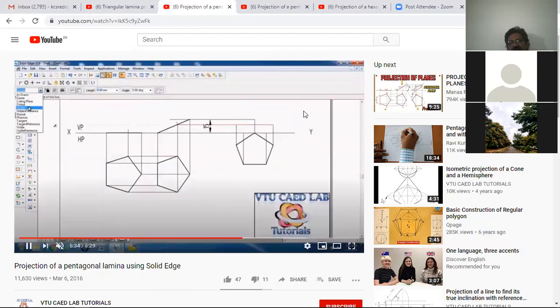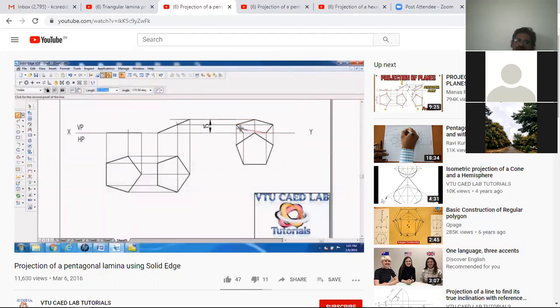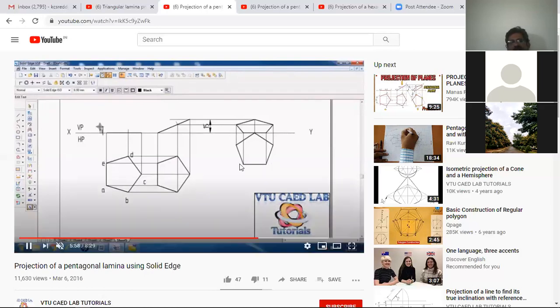Then join all these points using the thickness of 0.5 mm. Then name all the points using the text command A. If you name them first, it will be easy for you to understand which one has to rotate and which one has to come here. So A, B, C, D. See, A comes here now. If you write A here, this will go wrong. So A dash, C dash, then B dash, D dash, then C dash.